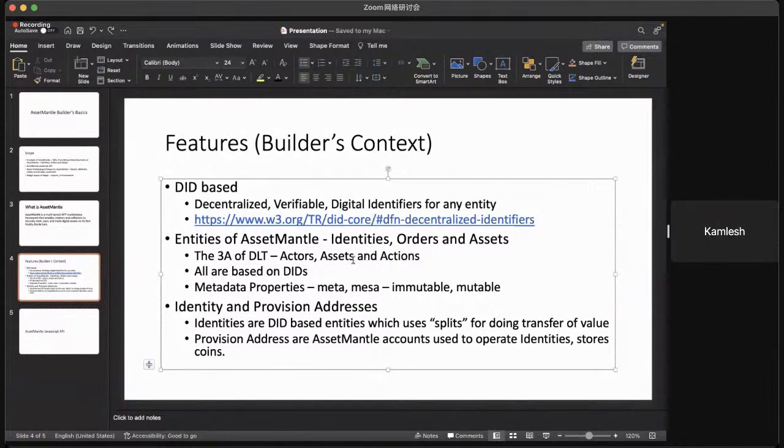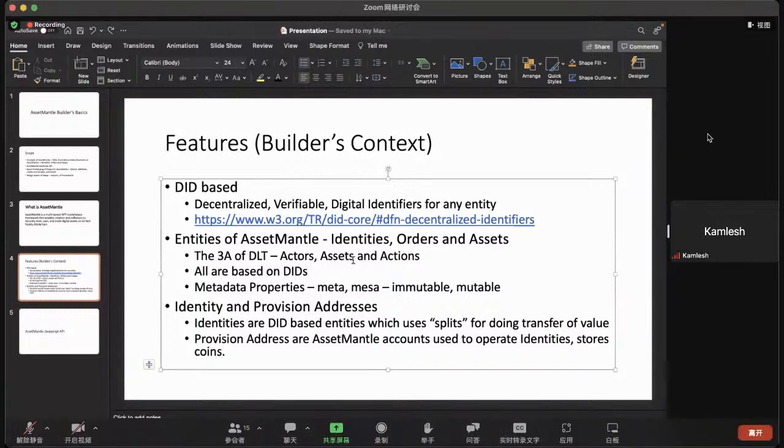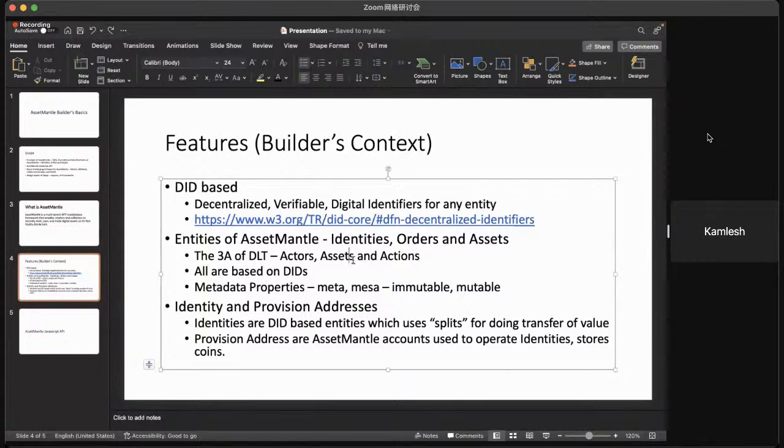Okay. So we were talking about identities, orders, and assets. So basically, identities are the accounts where your assets are stored. So this basically represents the stakeholders or actors. And asset here is represented by NFTs and all the other assets that exist in the NFT ecosystem. And orders here refers to the complex logic used to perform